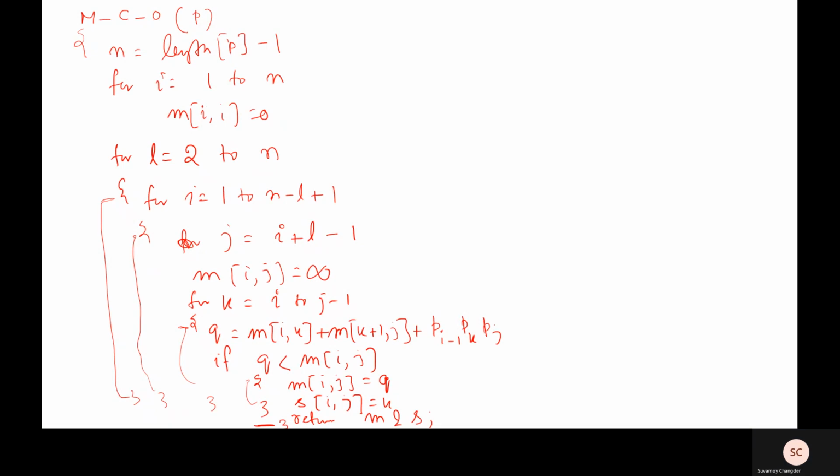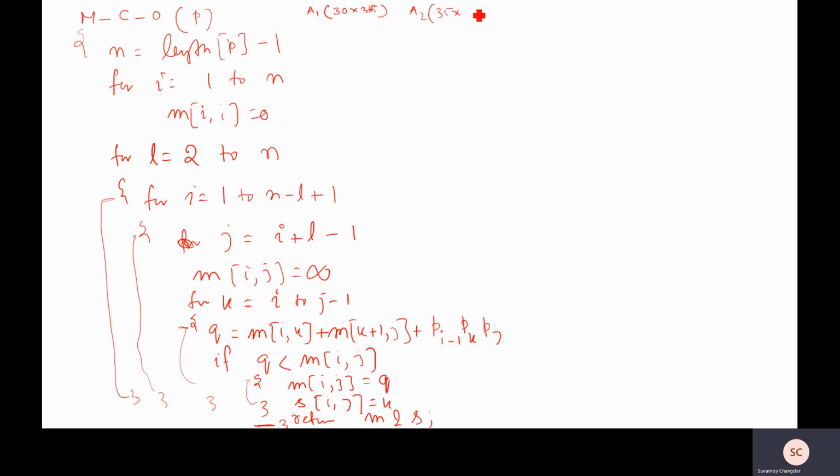In this way we can write the algorithm for finding the order in which we will multiply the matrices. Let us go through one example, then it will be better for understanding how it works. Let us say we have 6 matrices, A1 with order 30 cross 35. The same example is given in the book by Cormen, so you can check it anytime. If you do not want to copy or make notes from this lecture, you can check the book and you will get the same example, so don't worry.